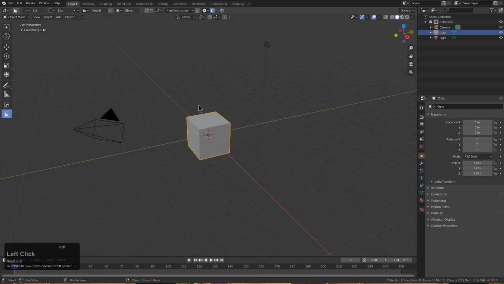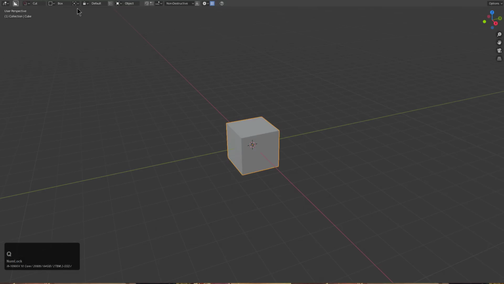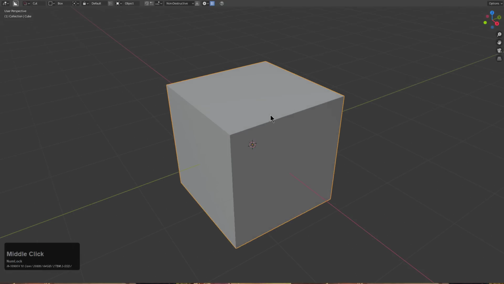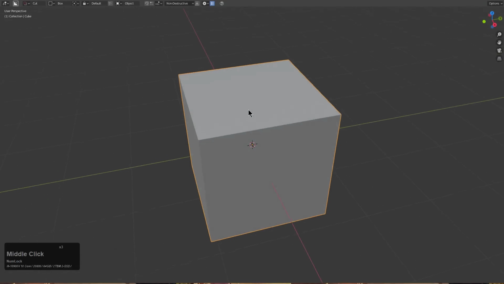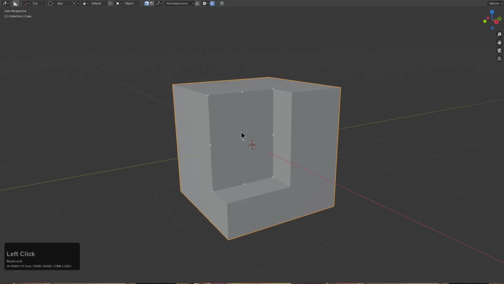So I'll press Ctrl Alt Spacebar in order to maximize our view, which also gets rid of the top bar. So I'll press Alt W to show up my top bar, and now we're ready to rock. So for the most part, BoxCutter hasn't changed. You should just be able to get in here, draw, turn on snapping, use your snap dots to draw